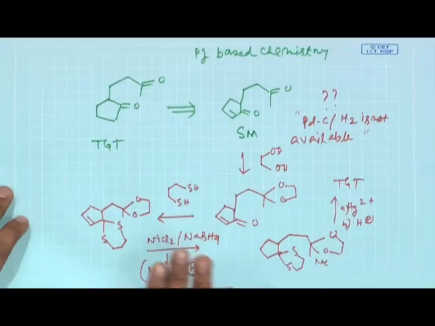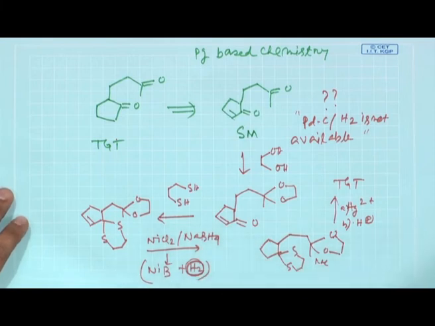If your glass apparatus, your setup, contains a little bit of moisture, palladium charcoal instantly causes fire, and it is basically explosive. It instantly catches fire, and hydrogen is very flammable, so you need to be a little bit cautious. But the point is, if you do not have palladium charcoal and hydrogen, we have an alternative. You can use the nickel chloride sodium borohydride system, which gives you hydrogen. There are other ways also.